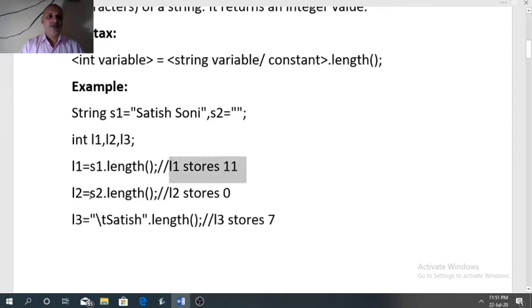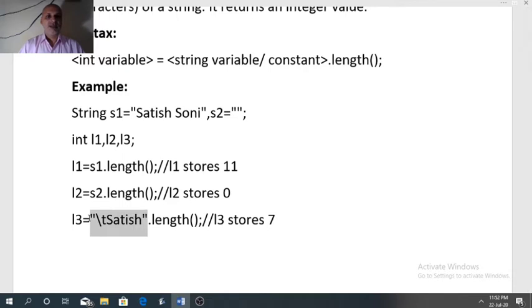Now L2 equal to S2 dot length. S2, I have told you, nothing is stored between the double quotes. So no character is inside. That is why L2 will store 0. One more example.